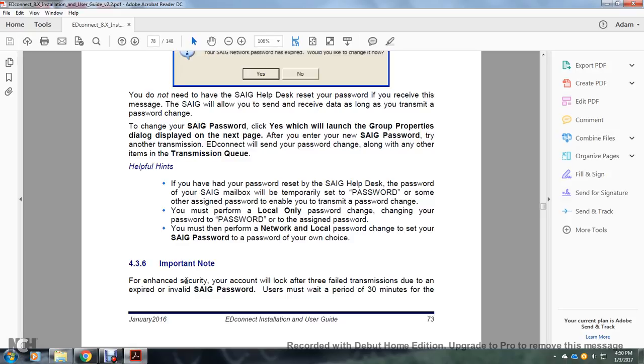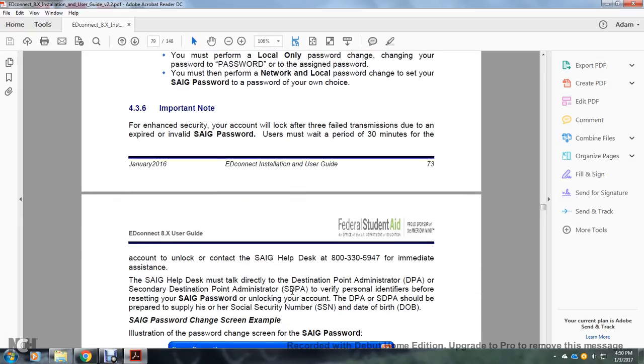Alright, 436. Important notice. Your enhanced security with your account will lock after 3 failed transmissions due to an expired or invalid Student Aid Internet Gateway password. Users must wait a period of 30 minutes, or contact the Student Aid Internet Gateway help desk at